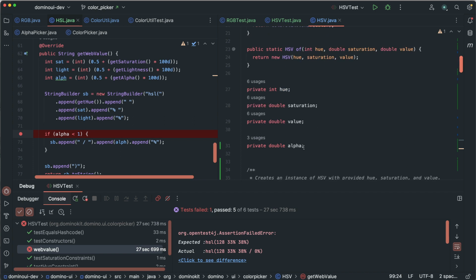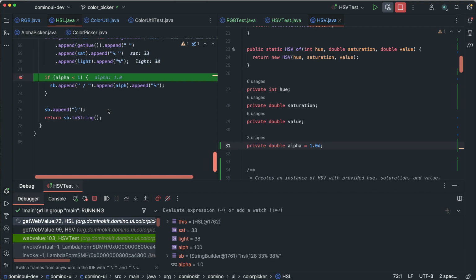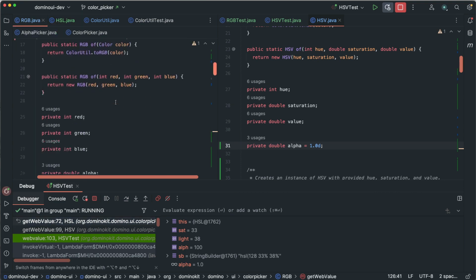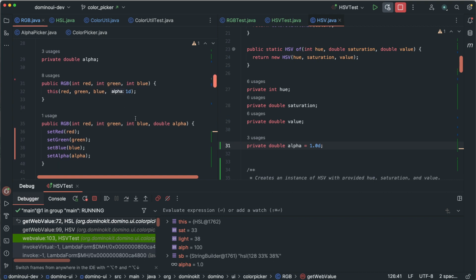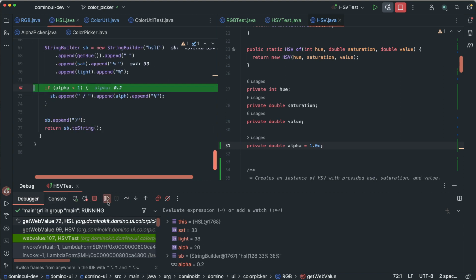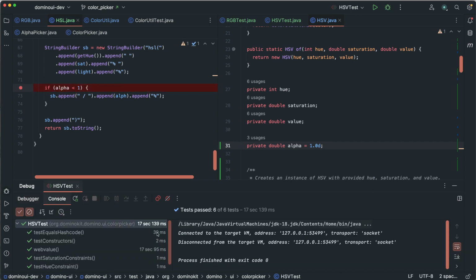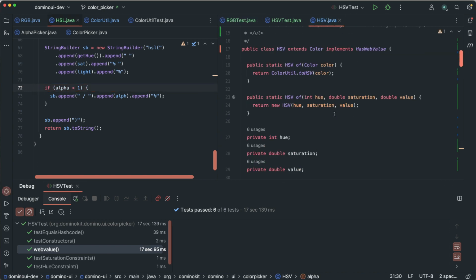Alpha needs to be 100% by default. Didn't I do the same thing on RGB? That's because I did the constructor better over there. So yeah, that one should be 1 alpha. That's correct. And then the second time we have 0.2. Okay, so that should be correct that time. Yeah, it is. So that was my coding mistake, and that's why we should probably reuse